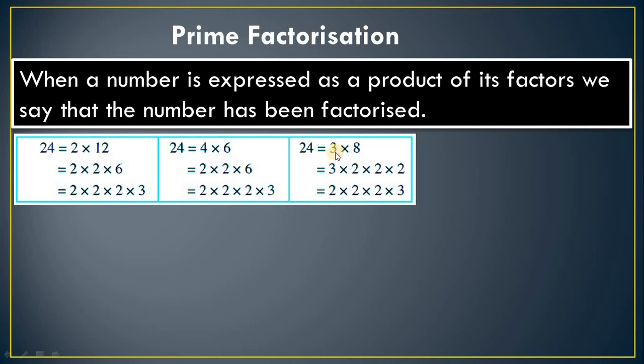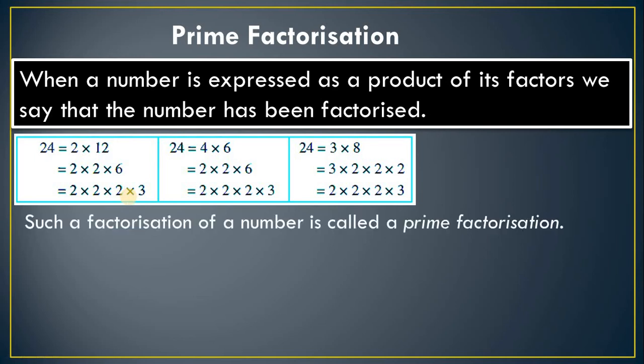Here also, the same, 3 into 8. Then you can produce the factors of 8. It can be written as 2 into 2 into 2. Then you can arrange the numbers if you want. That is not necessary, but in general we arrange the numbers in ascending order to avoid any mistake. So this is the prime factorization technique. At last we get the prime numbers, means we cannot have a factor of that number. So in the exercise part this concept will be used.